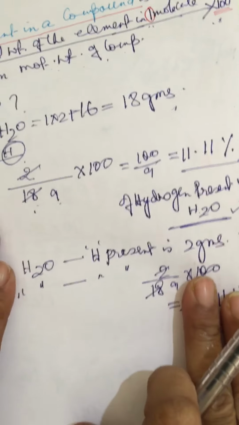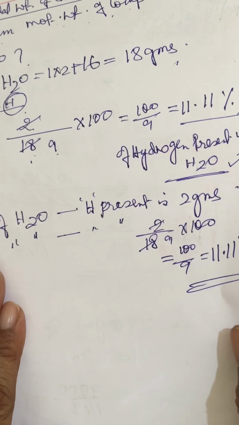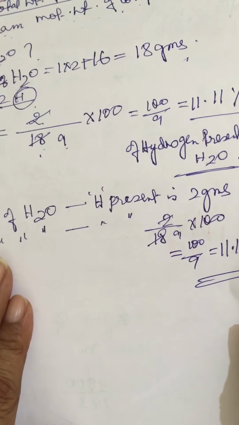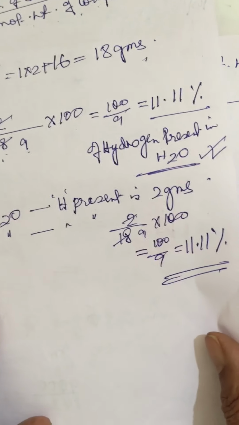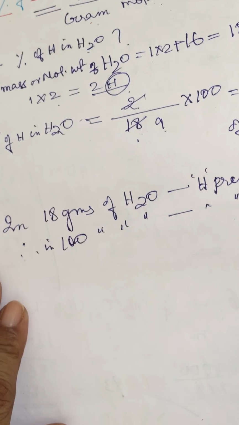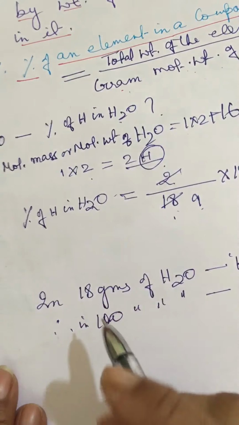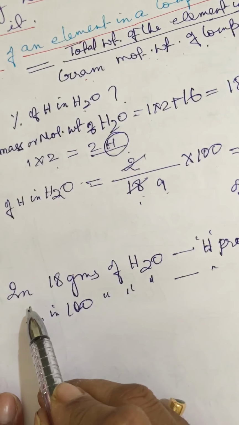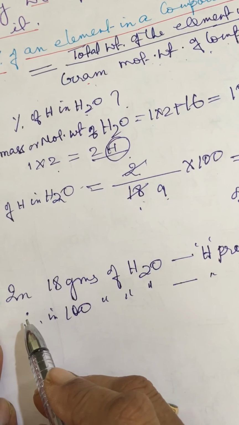This is one method. Now my intention is percentage composition. To find out the percentage composition is not very difficult. At times students are quite comfortable, but at times children forget. So if you don't remember the formula, it happens with students, then the unitary method is a very comfortable alternative way.